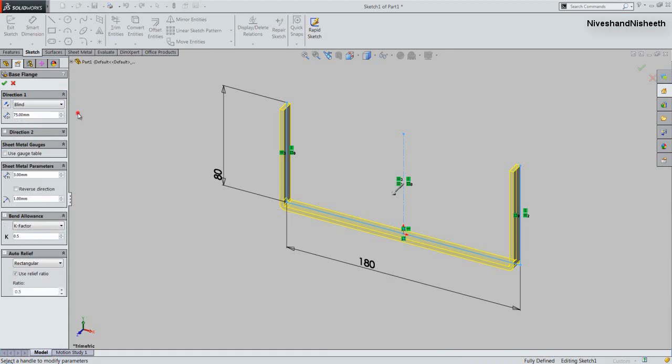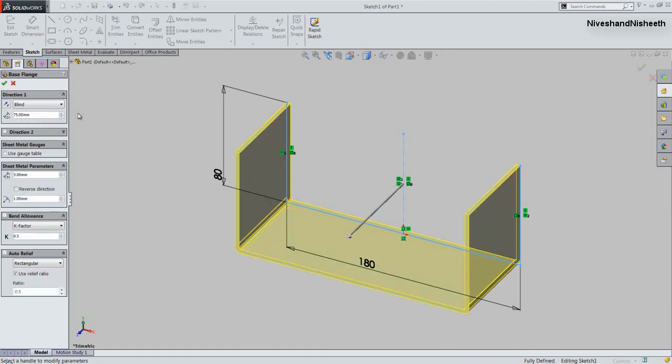Okay, that's it. Now you can see here the base flange feature preview is visible in the design window. And now we will fix the sheet thickness value. It will keep 3 mm. Set the bend radius 1 mm and click OK.